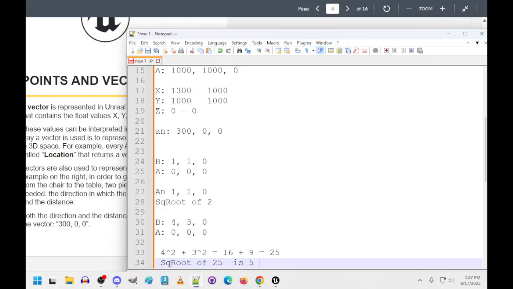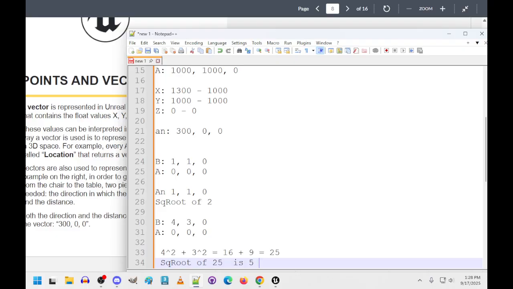Okay, so now we know how to get the length of a vector. It is not always useful to have our vector at a length beyond 5. Let's say 4, 3 is my directional vector that I got. If I wanted to move in that direction, I'm going to have to recalculate the vector based on the length that I've got. And essentially, you're basically dividing. Since we know that 4, 3, 0 has a length of 5, if we divide by that length,